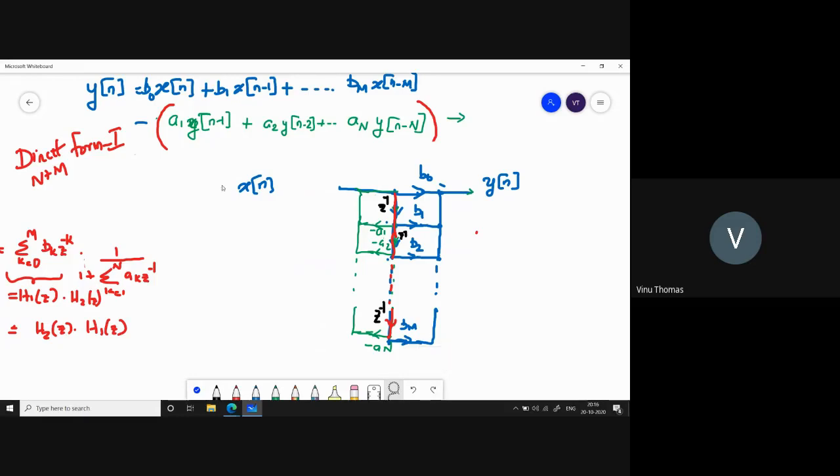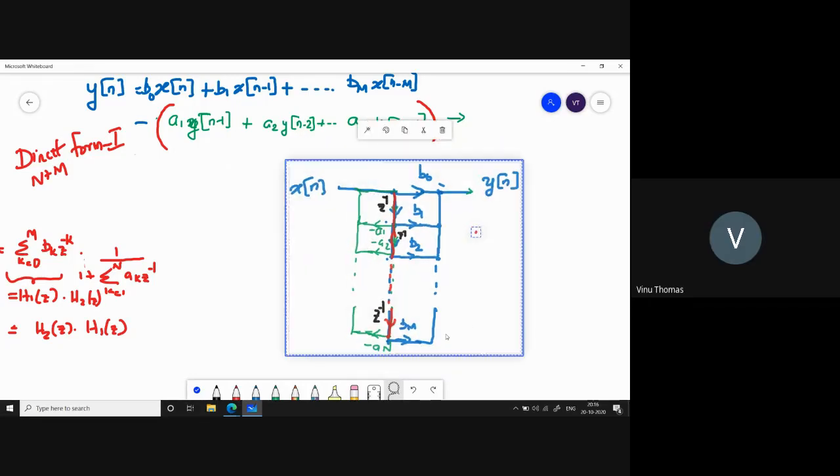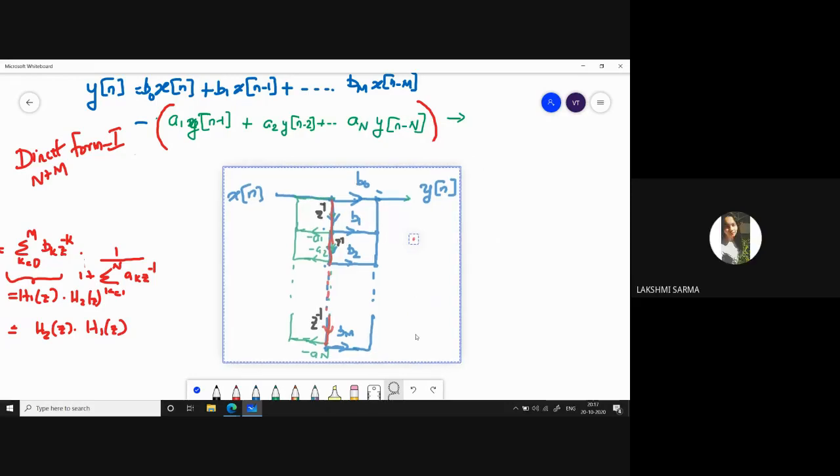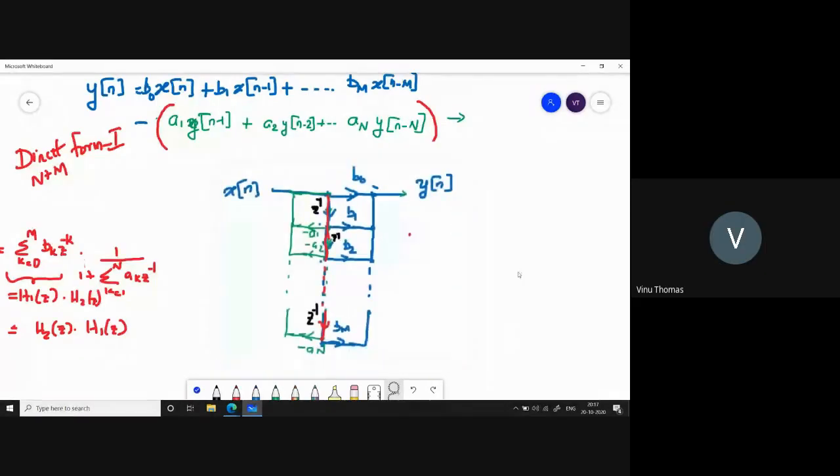Now, is this understood? Yes, sir. Okay. So how many memory locations are required now? Sir, n memory locations. You require just n memory locations. So the number of memory locations required is just n.